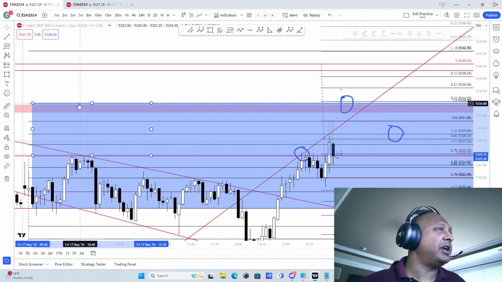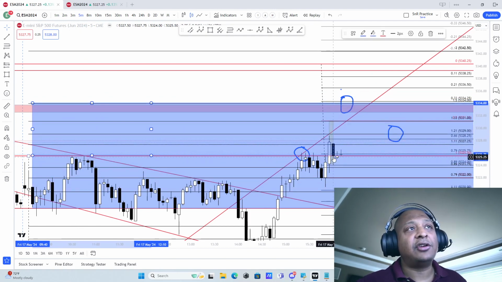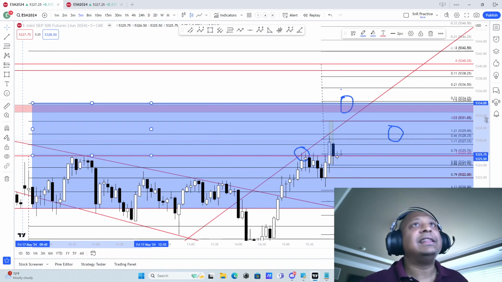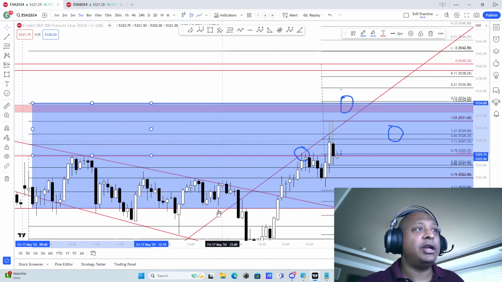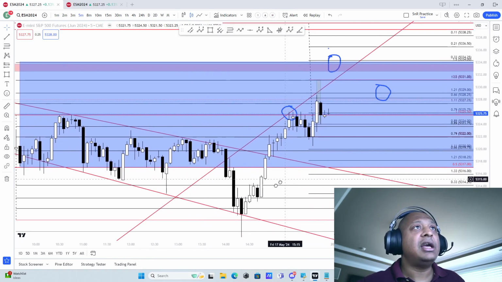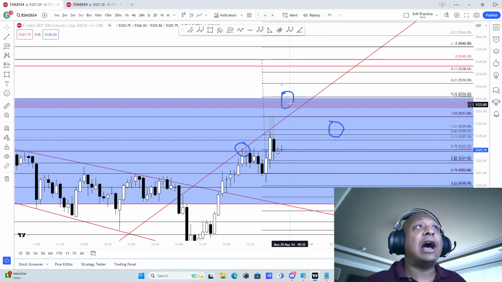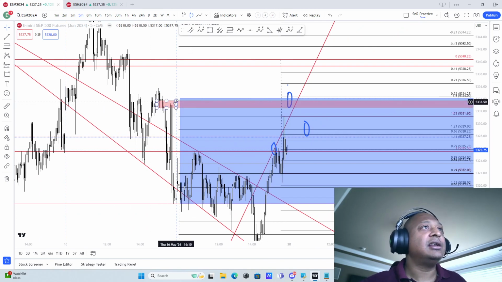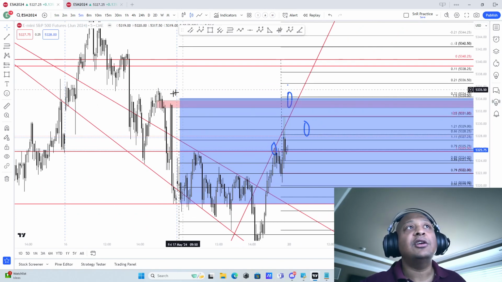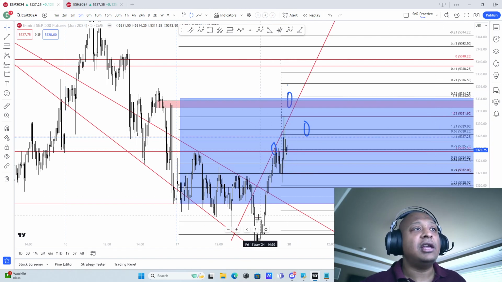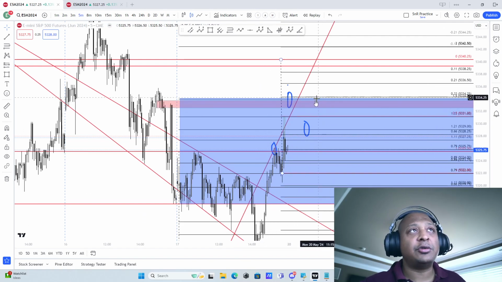So if there is a breakout of this level now and it holds, for now it looks like it is holding. Now we will see at 6 o'clock what happens. This will be your profit taking area, right? So 8 points in this whole area, we got 8 points down. If market wants to go up, we will get 8 points here. But now you see this area, this resistance is coinciding with your profit taking as well. So when price comes to here, if you are long from here and you are waiting for price to come here, when the price reaches here,